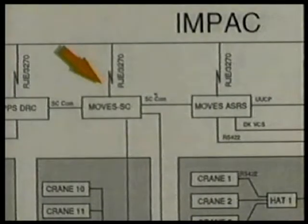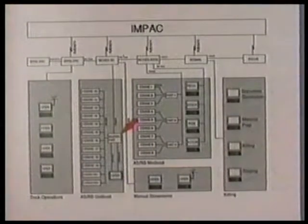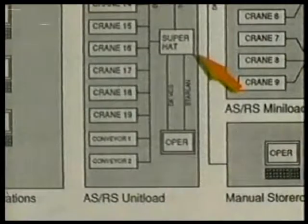As requests for material are communicated from Impact, Moves determines a specific pallet ID to pick from based on FIFO and other considerations. These pallet IDs and the corresponding part ID information are then communicated to the SuperHat, head of aisle terminal, via TCP/IP. The SuperHat is a Unix-based AT&T Star server which is responsible for the following: